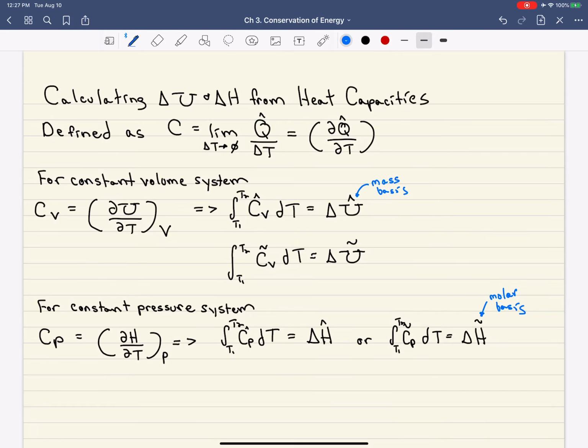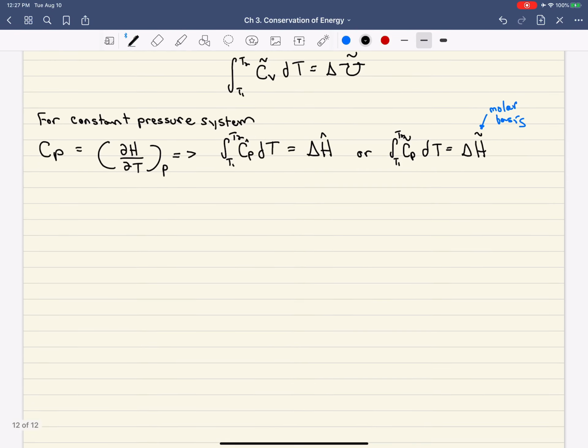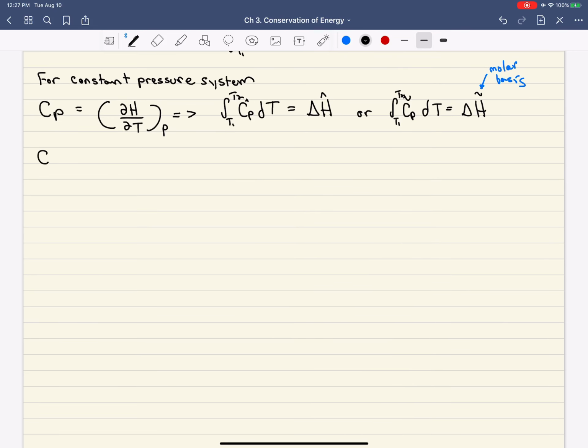Alright, so we have two different types of heat capacities depending on the type of system that we have. But these two heat capacities are related to one another. So Cp is related to Cv. If you're dealing with solids and liquids,